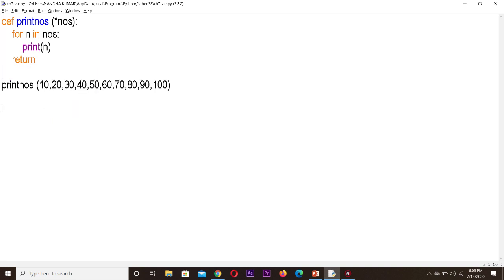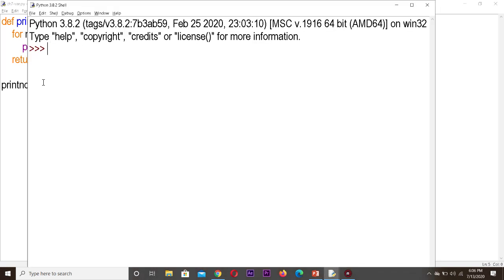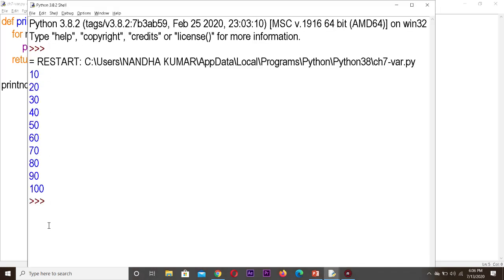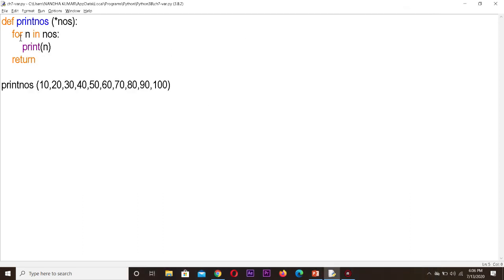So you have written 10 values in the call statement. Okay, so now let us execute this program. So all the 10 values have been printed. Okay. So this is about the variable length arguments.